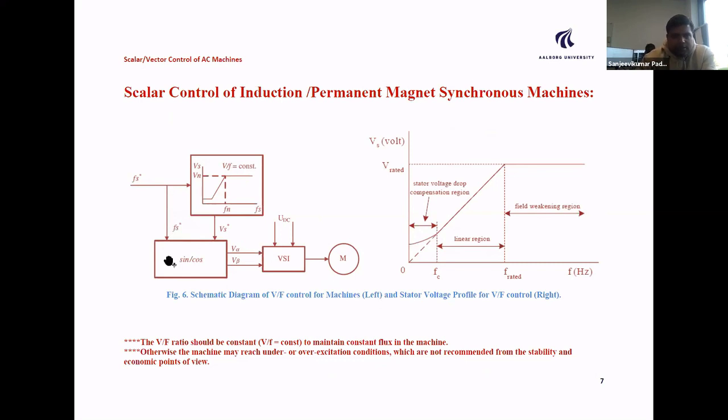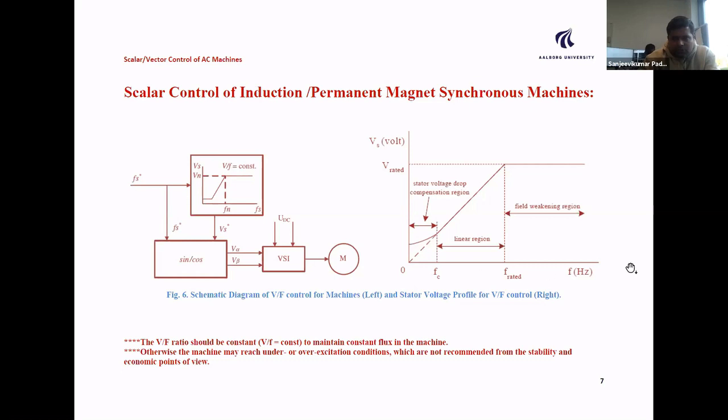And these parameters are fed to sine cos transformation. So you have the frequency and voltage. By using this formula, we can calculate what is a flux producing component, torque producing component. Then you can feed to your inverter and you can control the motor. So simple method, same applicable for synchronous machine or induction motor. How the control loops work.